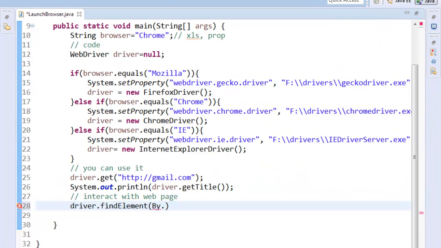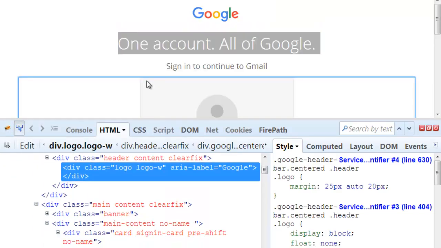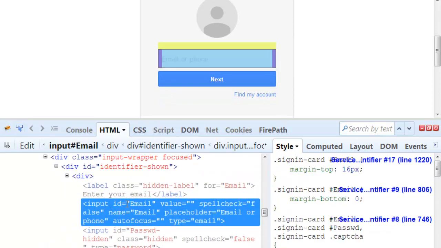Look, if you analyze the page source for Gmail, then this is the email field. It's an input tag with ID email, name as email, placeholder as email or phone, type as email. If an element has got an ID, it becomes really easy to identify that element because ID is supposed to be unique.